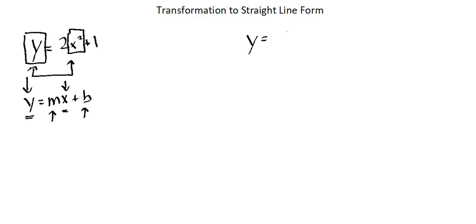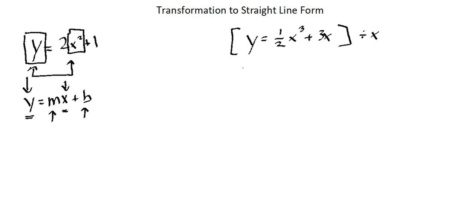So let's take another example. y equals 1/2 x to the power of 3 plus 3x. Now this example looks somewhat like the y equals mx plus b format, but in the final term I have a variable, plus 3x. That's not a constant term. So I want to get the final term to become constant. What I need to do is divide by x. So I'm going to divide the entire equation by x,